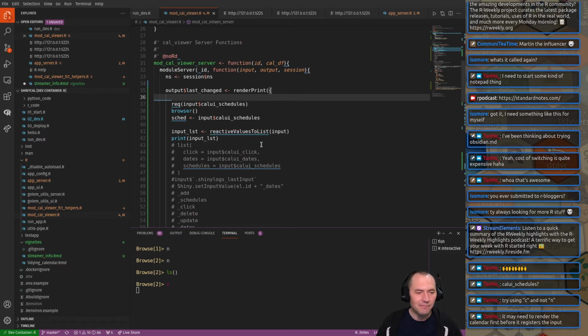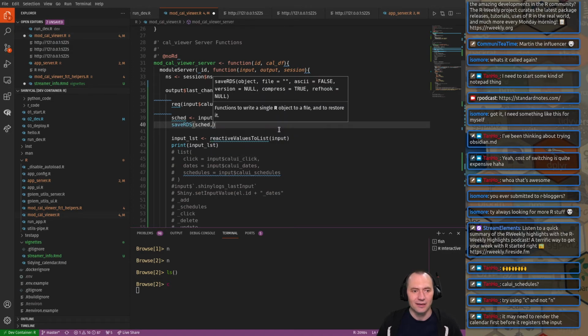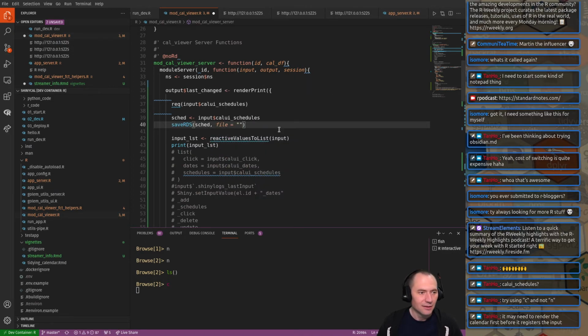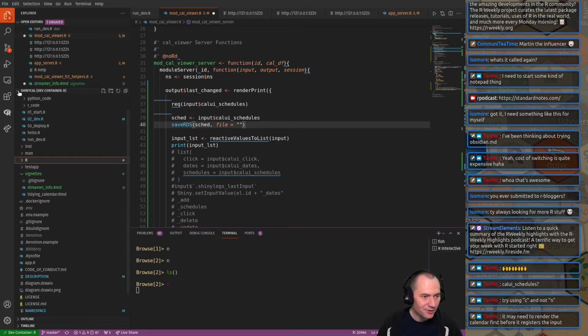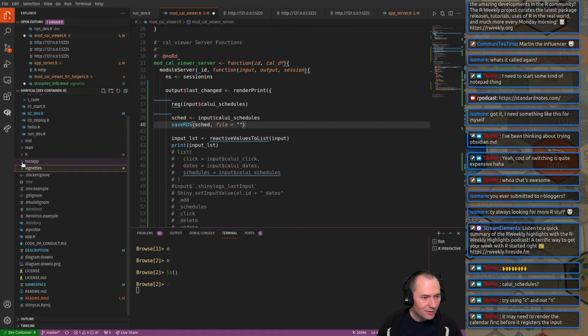Of course, you know what the real brute force way is. So we save this as an RDS file. Now I think I have a directory that I've set up here for, did I call it prototyping yet? Oh, I don't have it yet. Alright, well let's do that. Let's get to